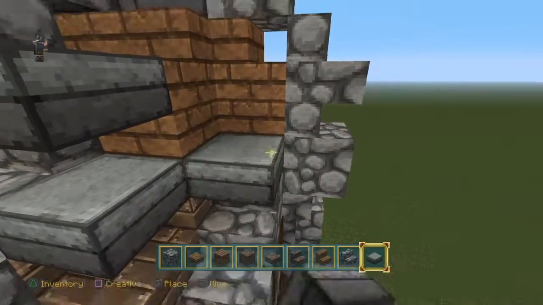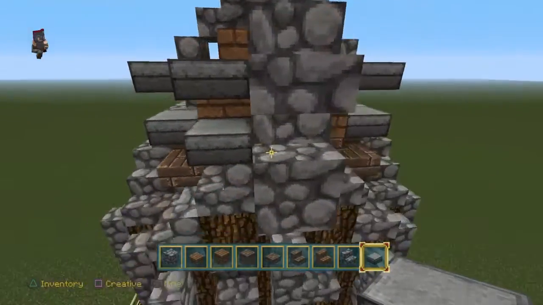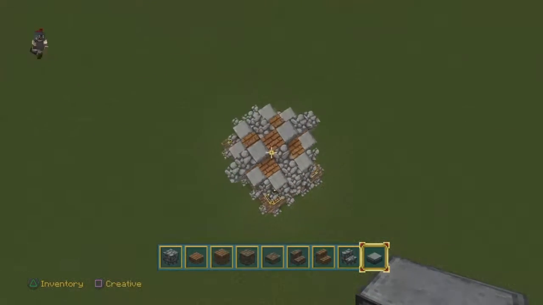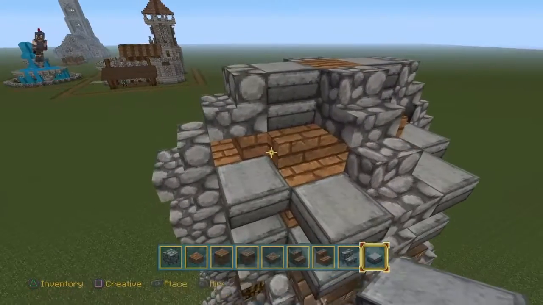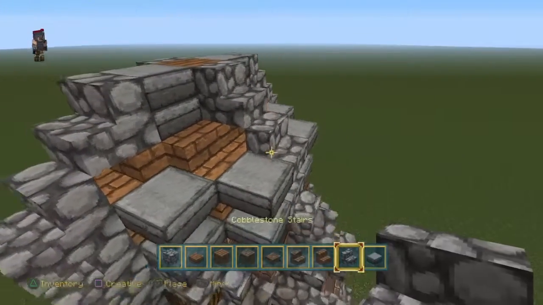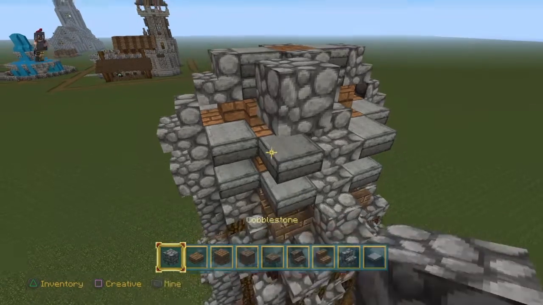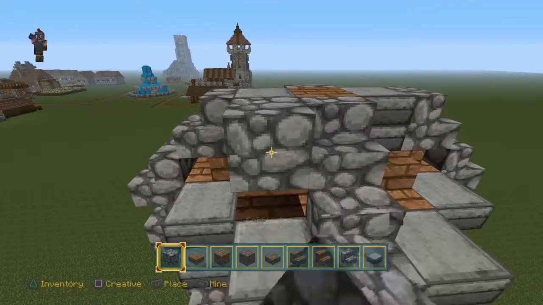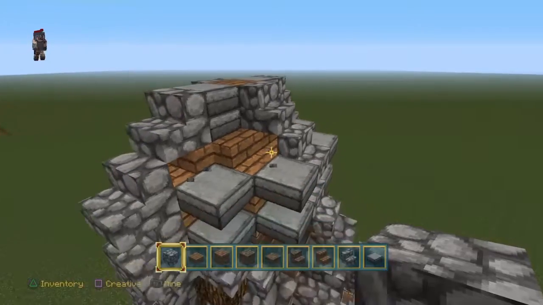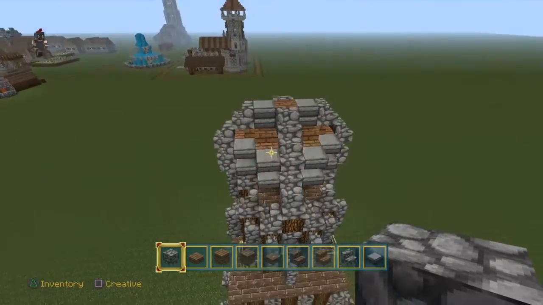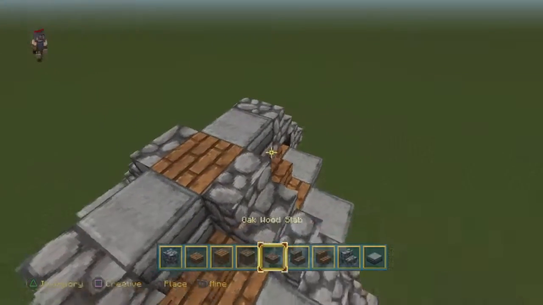And so on until we are at this point. Oh, wait, hold on, no, one more. Alright, so now we have this, and we're going to build the top of the tower, the part that sticks out. So we want our cobblestone, hold on, no, we want the cobblestone, how do I want to do this? Yeah, okay, so we want